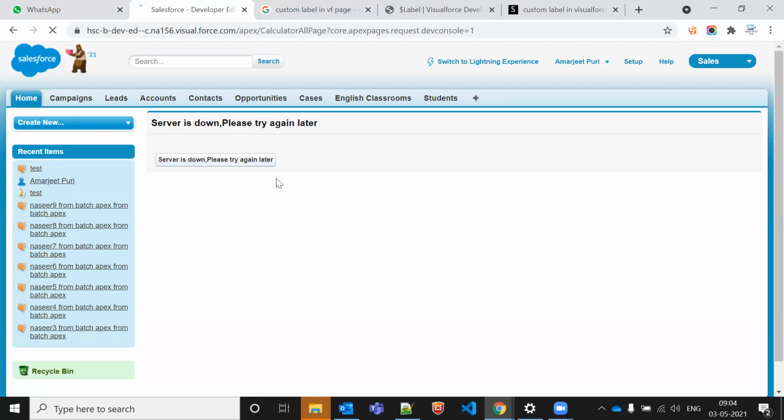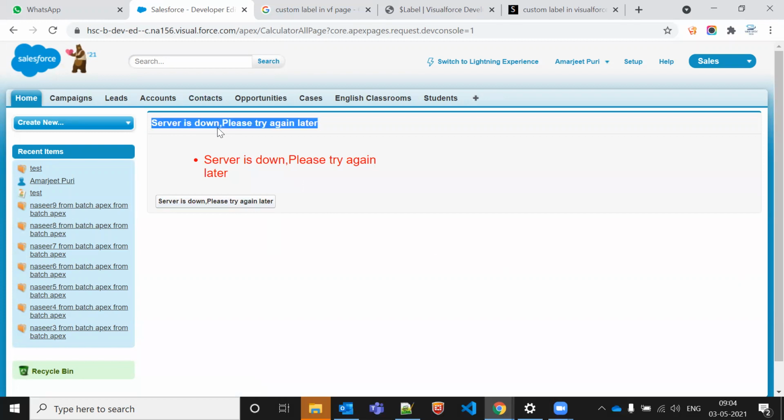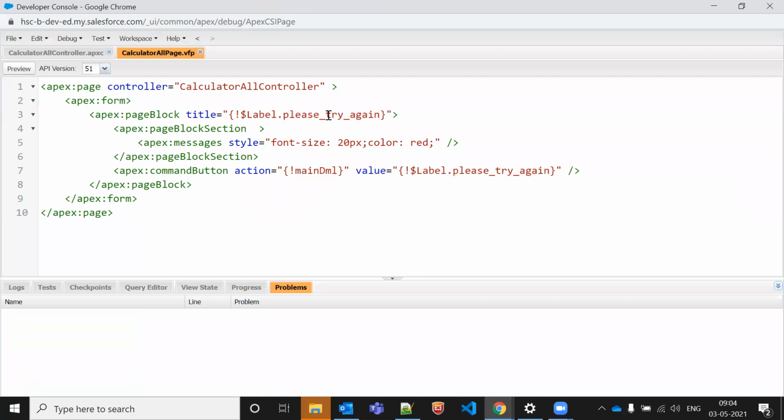I'm just showing the error message. If I want to add account information, how can I add it here? I will create one new custom label. On that custom label, I will add the customer information or some new account information, and button label as well. And whatever we created, we will pass here. Got it or not?